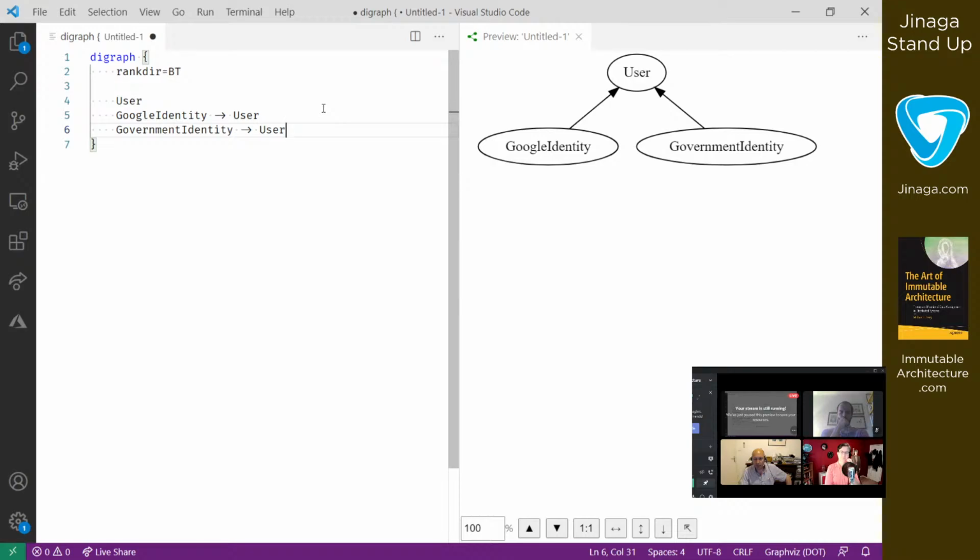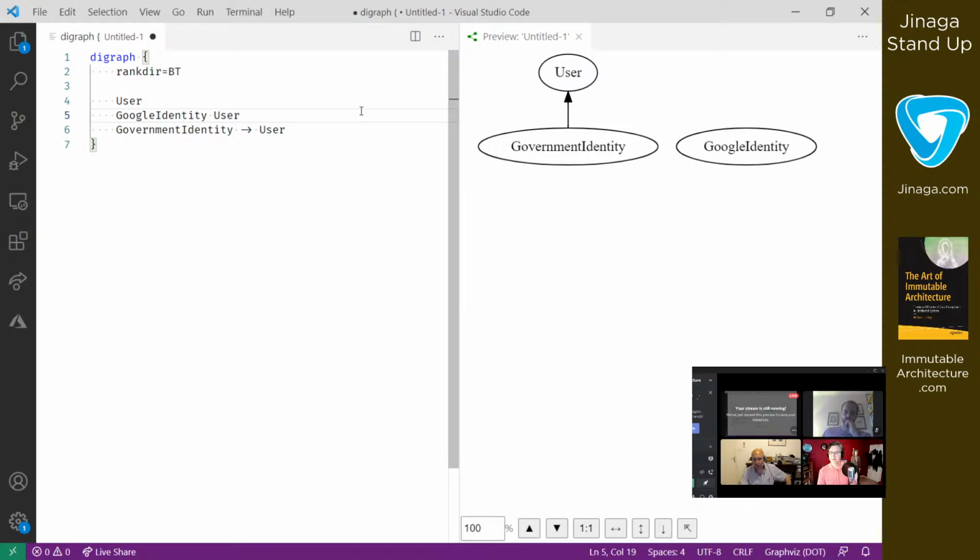Now, digging into that a little bit, when you log in with Google, Google is going to have some sort of a unique identifier for you. Now, if that unique identifier is inside of Google Identity, then you couldn't find it because it has a predecessor of user. So you would need to know the user's public key and the Google identity in order to find that object. So it's not exactly like that, but it is more like